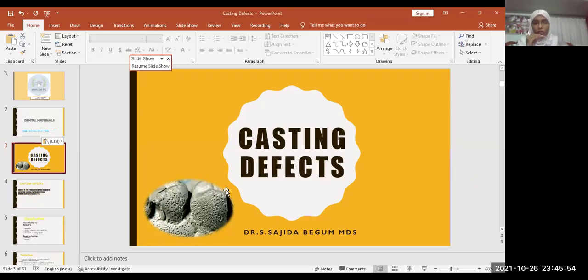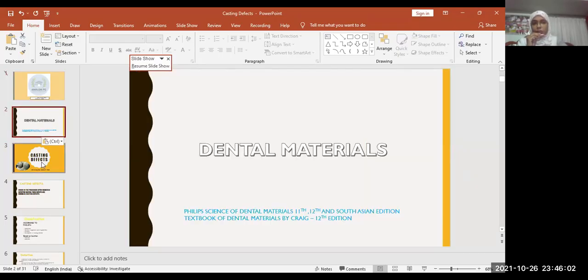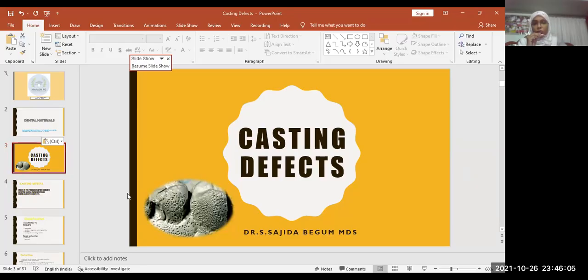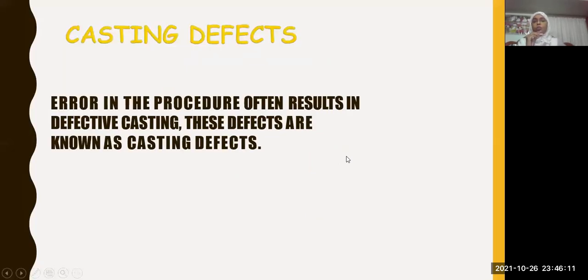So good morning all. Today let us see a topic in dental materials which is casting defects. So what is a casting defect? Any error in the procedure of casting which is going to result in a defective casting, you call it as